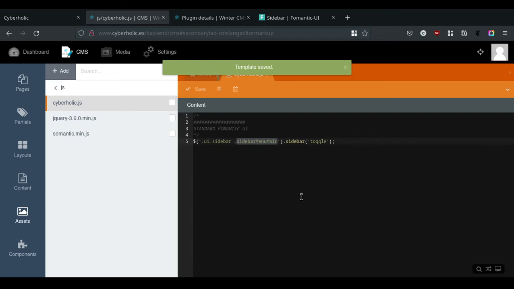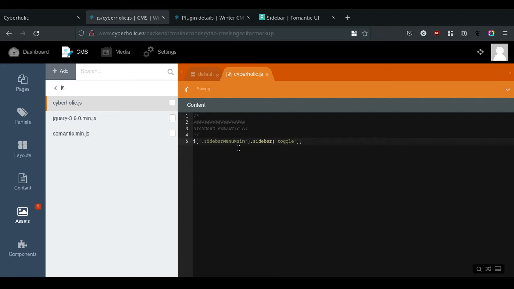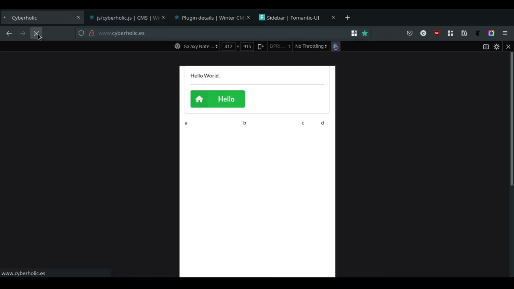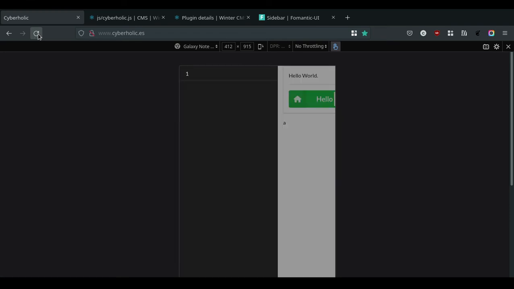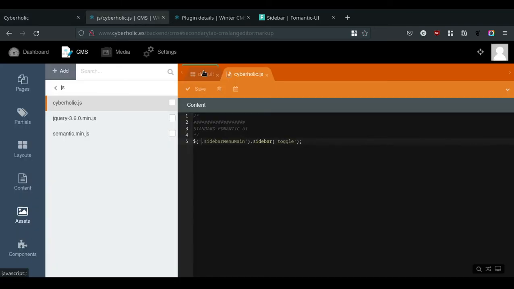Just let me see if it's because of the forced class definition. Sidebar menu main. Just copy and pasted it. Oh, if it's not going to work right now, it might be a cache problem. No, it works. Okay. So I suggest that you give each sidebar that you use, if you are going to use several ones,